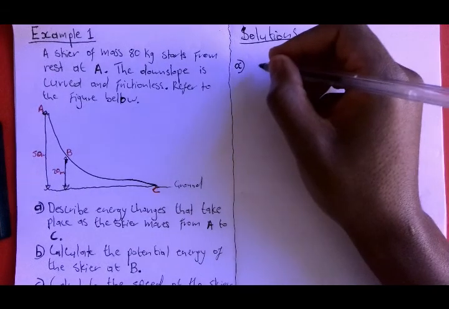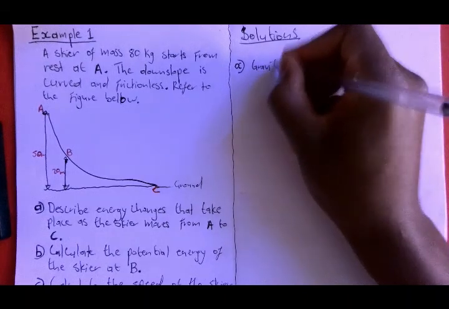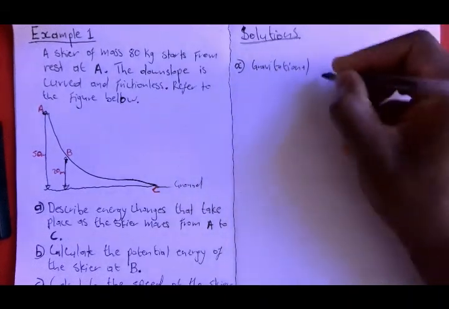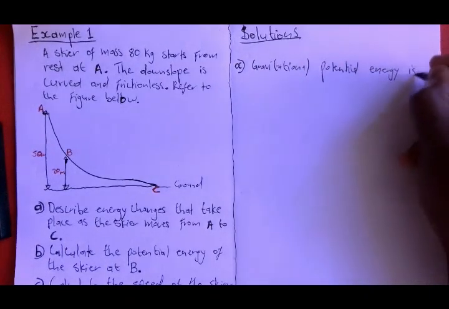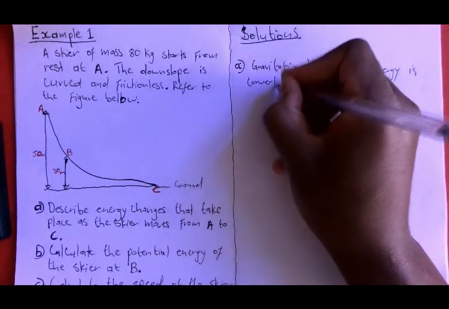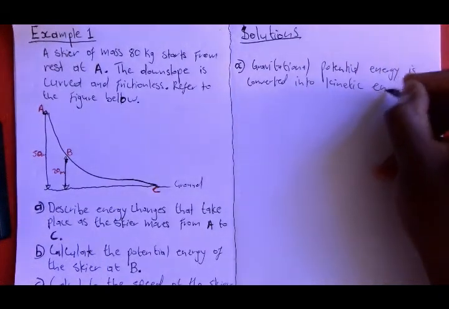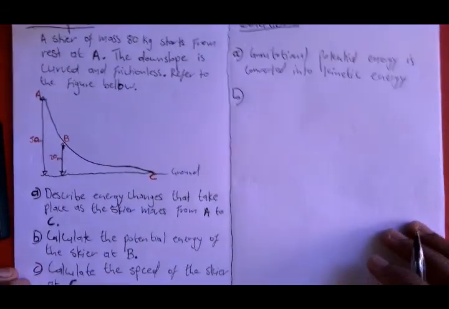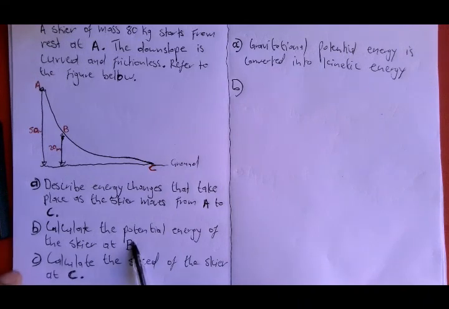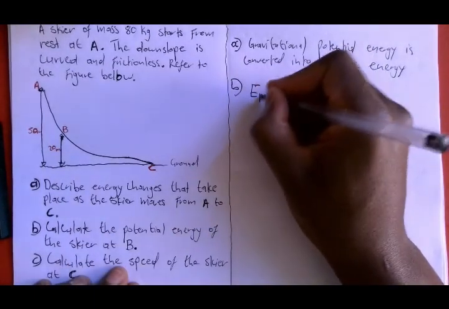That is the energy change. Now for B, we are asked to calculate the potential energy of the skier at B. So EP at B equals